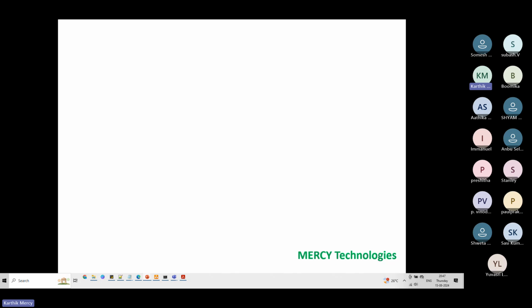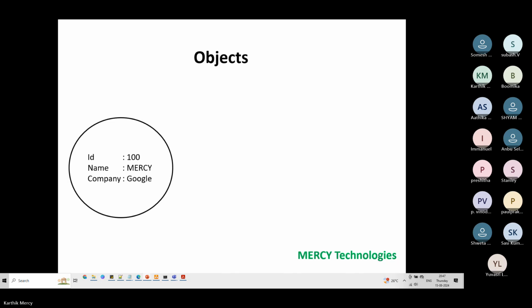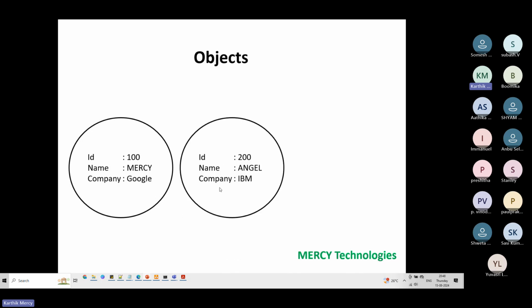Now, these papers are distributed to different employees. One person writes his ID is 100, his name is Mercy, and his company is Google. Another employee writes his ID as 20, name is Angel, and company is IBM.